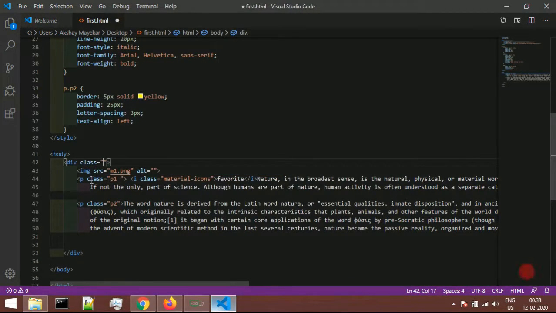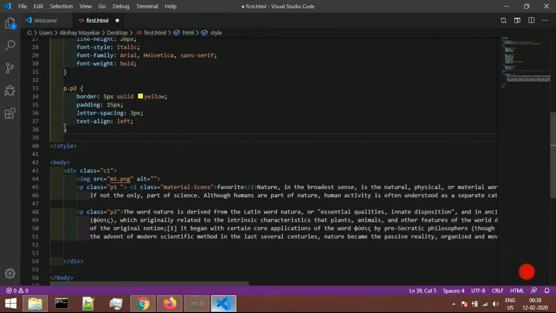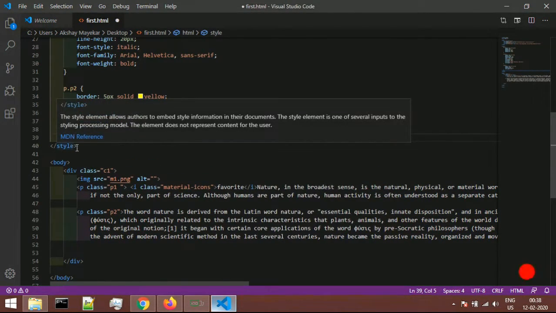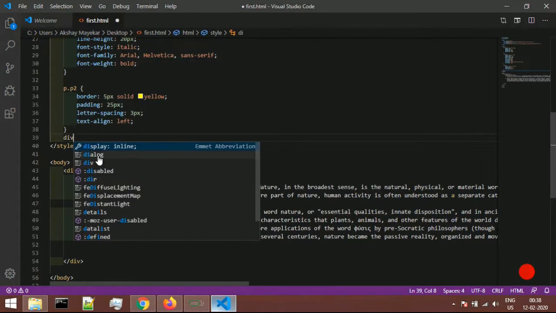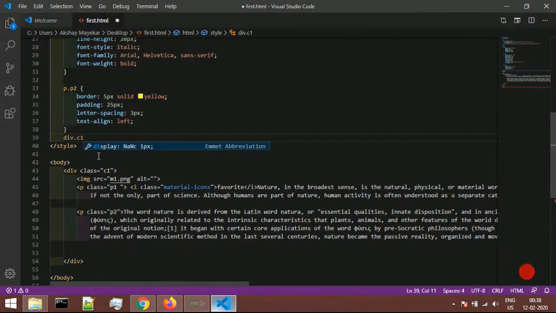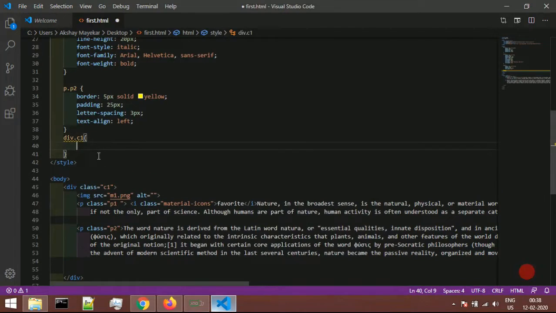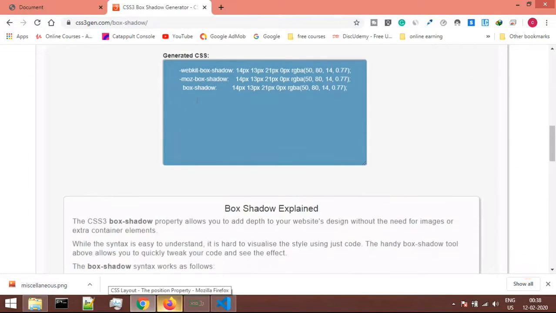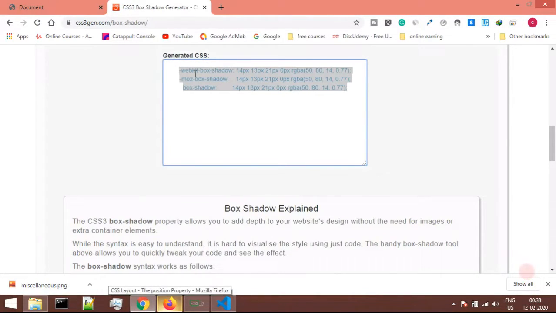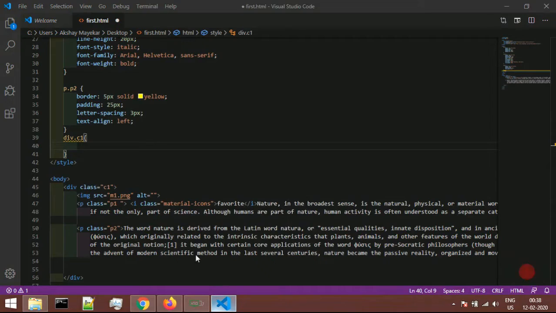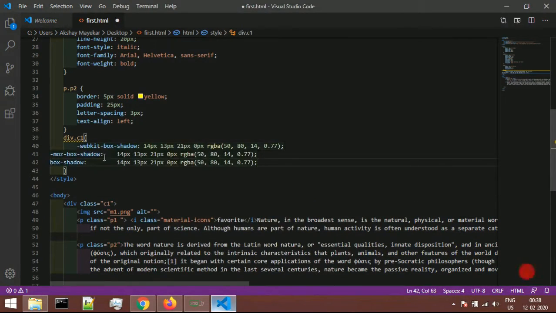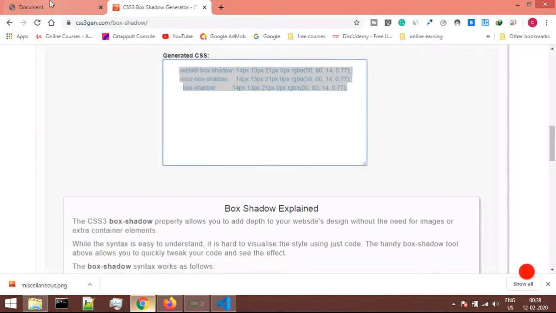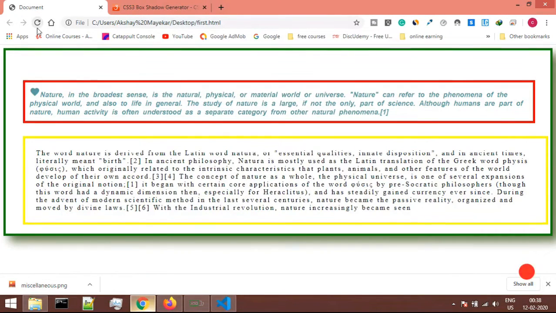I will give class as c1, and in this style, just above the closing tag of style tag, I will say div dot c1, and I will be putting that generated code, the code which has been generated over here. I will copy this code, and I will put it inside over here. If I'm just saving this with Ctrl plus S and going to my page and refreshing, then this is the